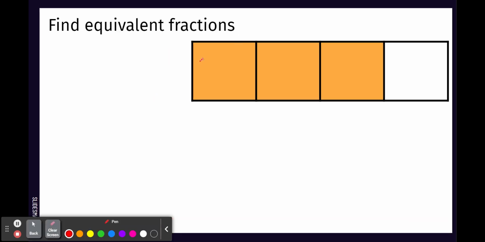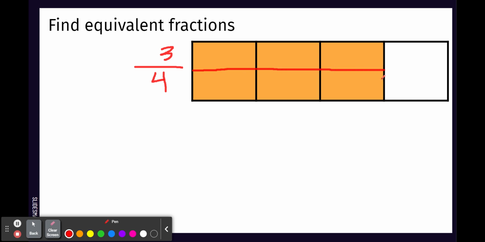So we want to find an equivalent fraction. So over here, I have 3/4, right? I'm going to represent the orange part. So the orange part represents 3/4. Now I want to find an equivalent fraction to 3/4. So I'm going to cut each of my fourths, each of my orange sections,